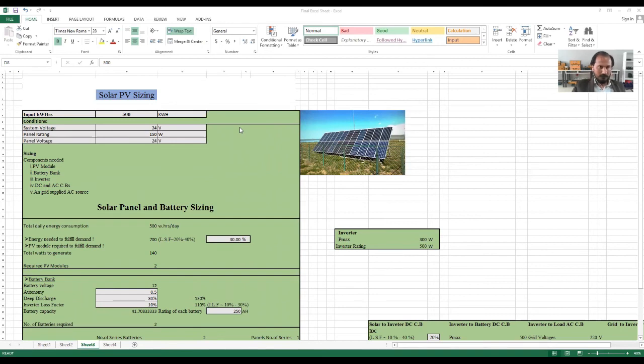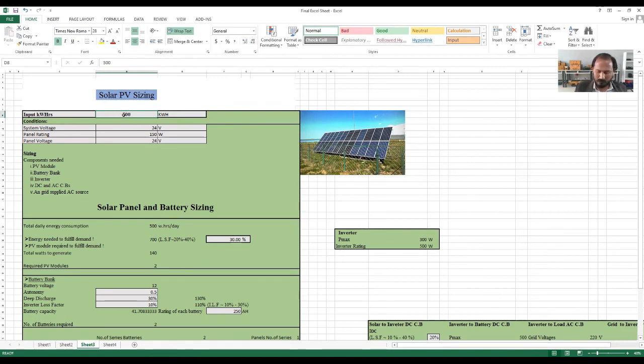So this is for a non-technical person who does not know about the wattage rating. We have designed an Excel sheet for those who don't know about the wattage rating. So here you simply have to input kilowatt hours. You will see the monthly bill and units consumed per month. You will divide it by 30 and you will put it here.